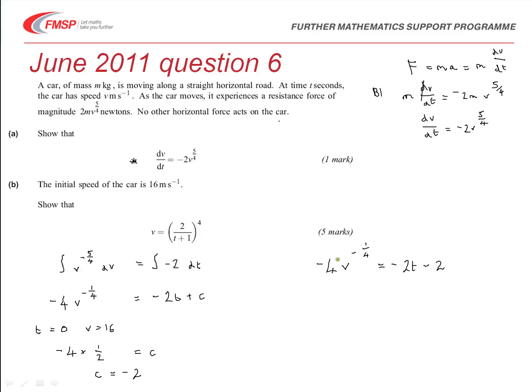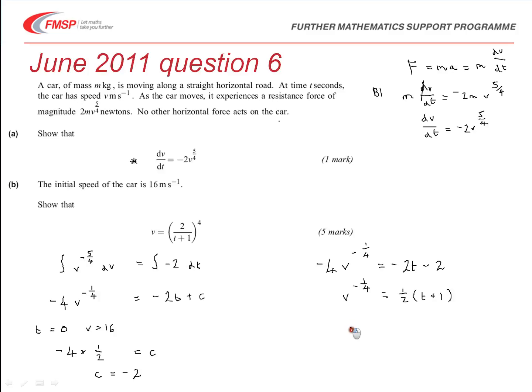So if we multiply through by negative 4, that tells us that v to the power of negative a quarter equals a half t. In fact, I can write that as a half t plus 1, sorry. Yeah. And so then to finish off,